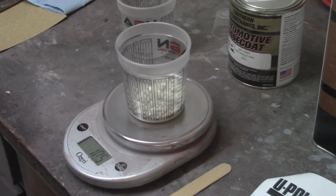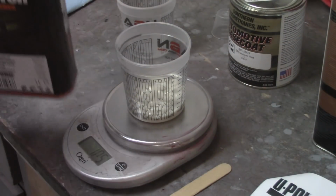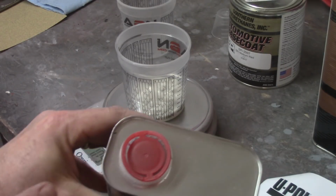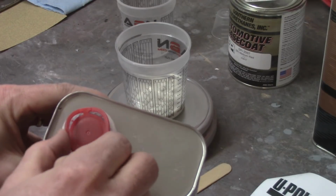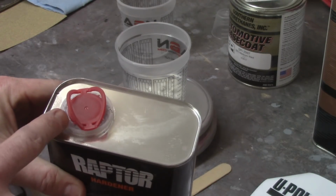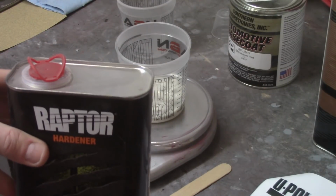Alright, now that one exactly 105 grams because I am that good. Alright, got the hardener down. One nice thing that I do like, I think I pointed this out before, that the Raptor U-Pole does, is these little spouts here. You kind of lift and you pull that out and it gives you a little recessed spout in there. Unlike the cans that I get from SPI, especially the gallon ones, which are a real pain